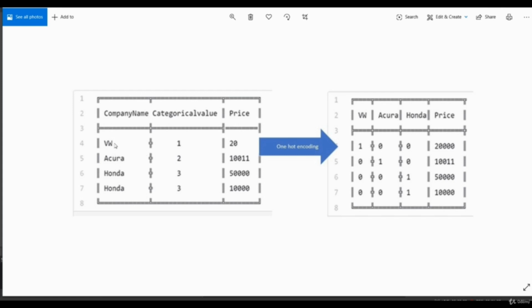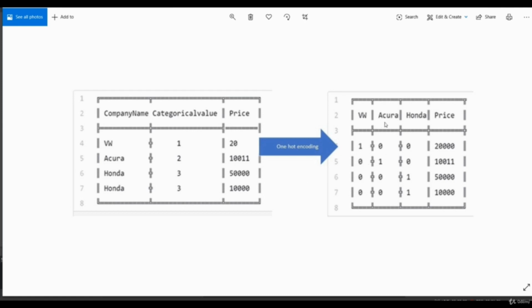There are three classes, Volkswagen, Acura and Honda, so it's going to create three new columns named Volkswagen, Acura and Honda. Then it's going to assign 1 for those rows where there is Volkswagen and 0 for the remaining ones. Here it's a Volkswagen, so it's going to assign 1 here and 0 for all the other values.